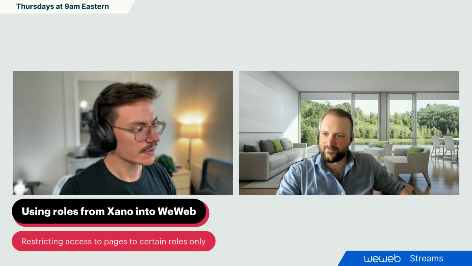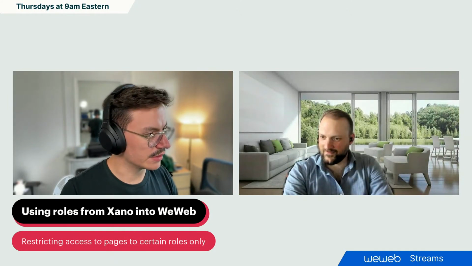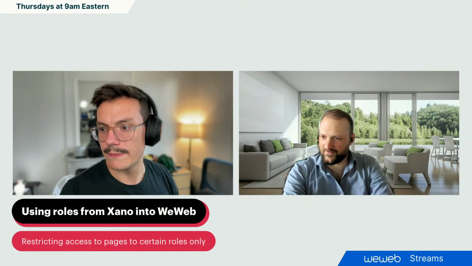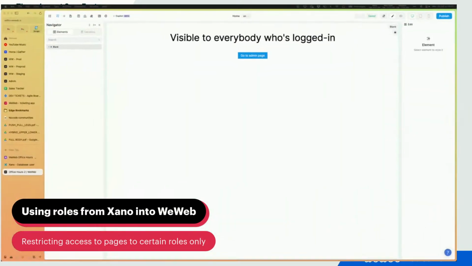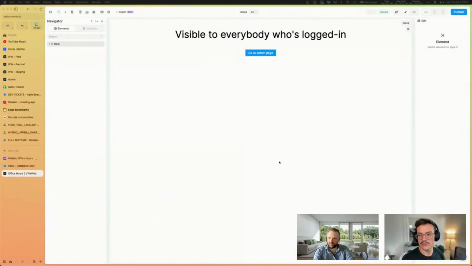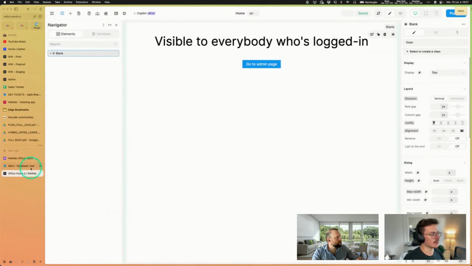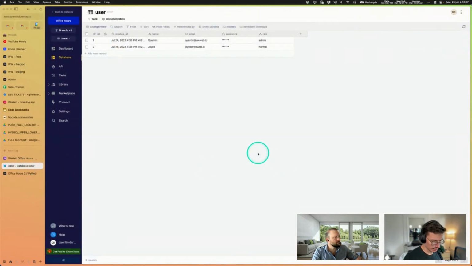So let me share my screen, and we'll get started. Can everybody see my screen? Yeah, I think so. Yes, zoom a little. Nice. I'll zoom a little also on